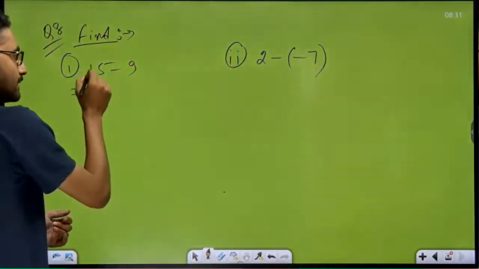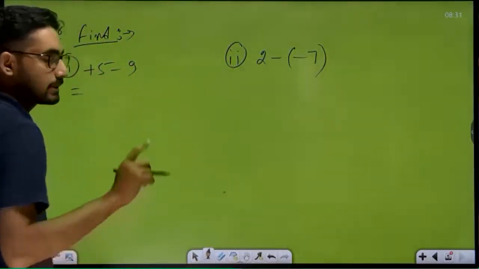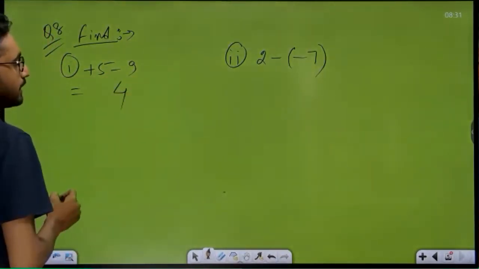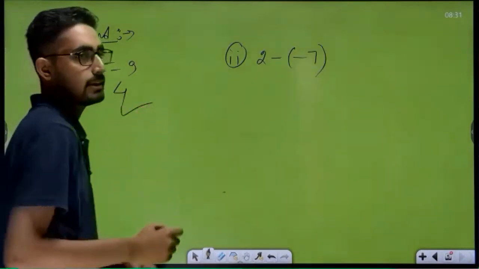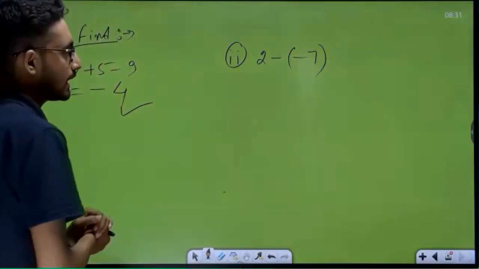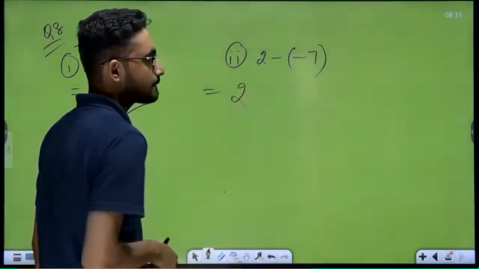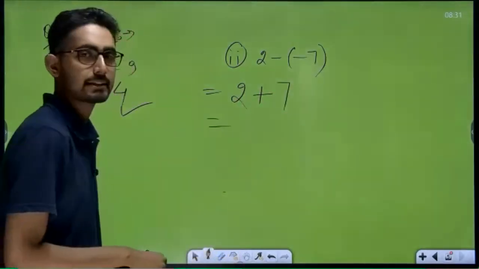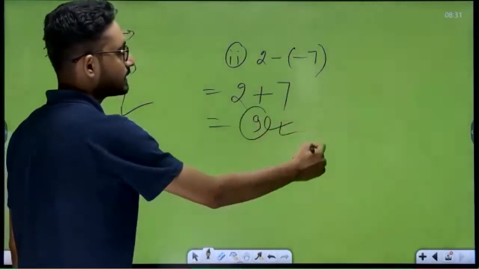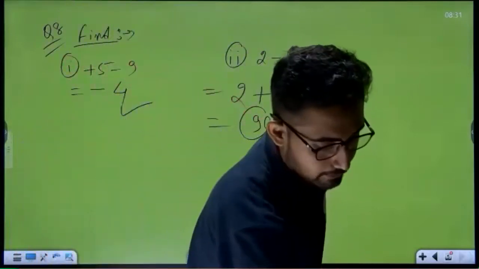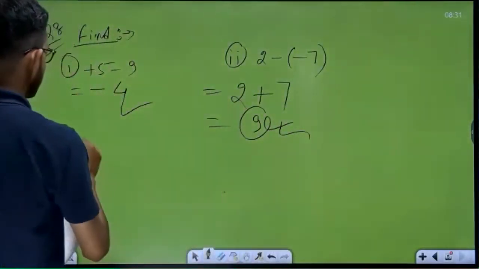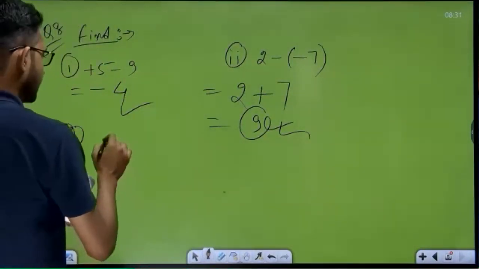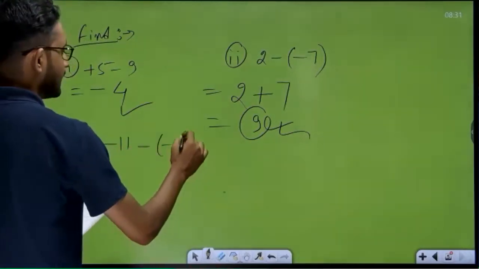First of all, this is plus obviously, and we know plus minus will be there. Okay, so 9 minus 5, that is 4, and before the bigger number there is a minus sign, that's why your answer will be minus 4. Okay, now next question, 2 write down as it is, minus minus plus 7, so 2 plus 7 is equal to 9. That is the correct answer. Yes. Okay, very simple. Now we'll move to the next question. Let's see here, question number, third part. So in the third part, that is minus 11 minus minus 9.